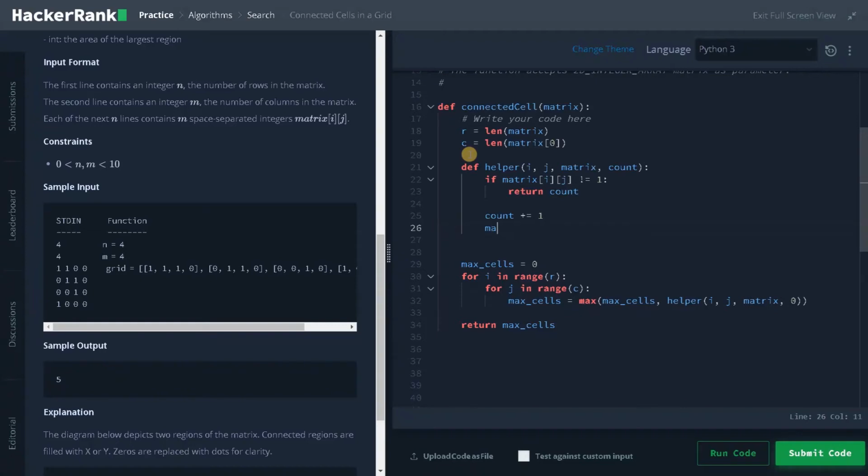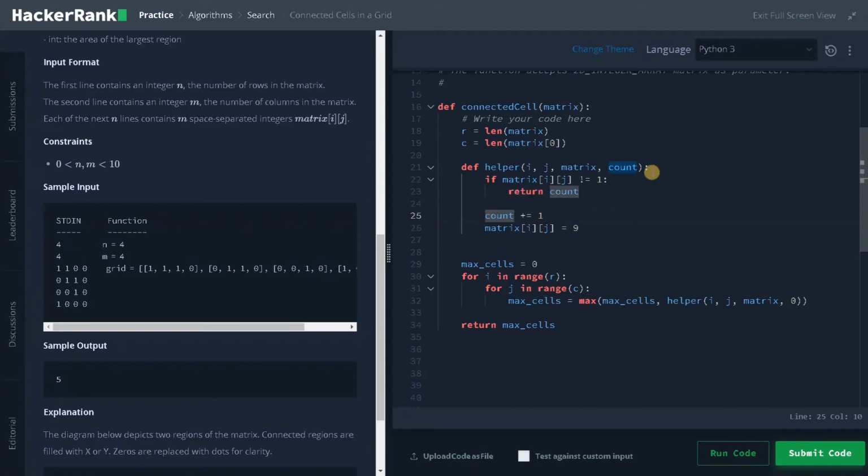And I'm going to specify the matrix, that is matrix of i and j equals 9. So if you have visited a particular cell, you have to mark it with some number, right? That's why I'm just keeping it as 9.